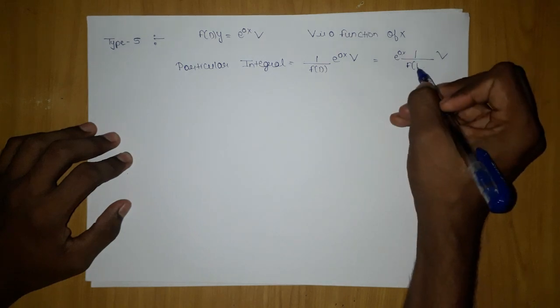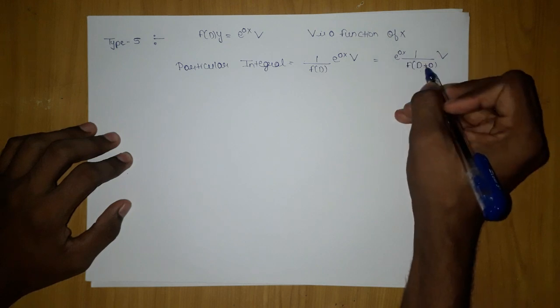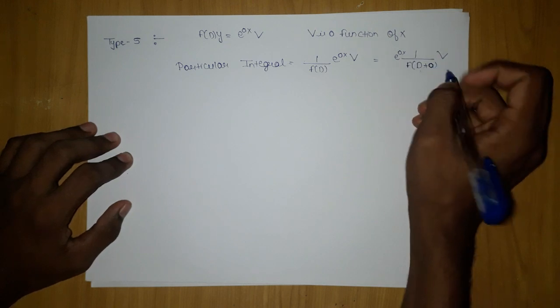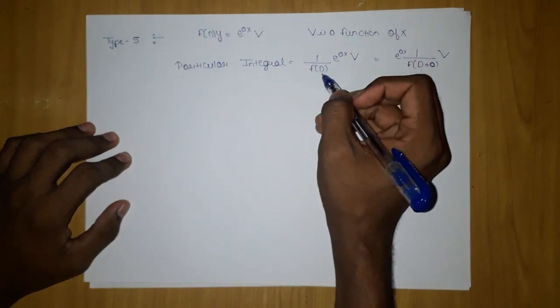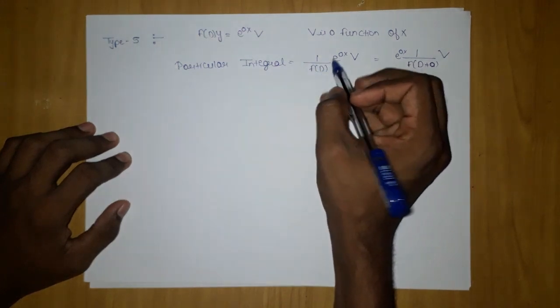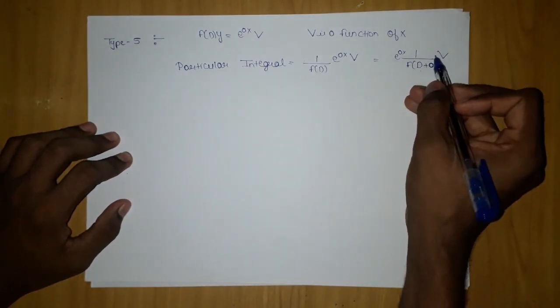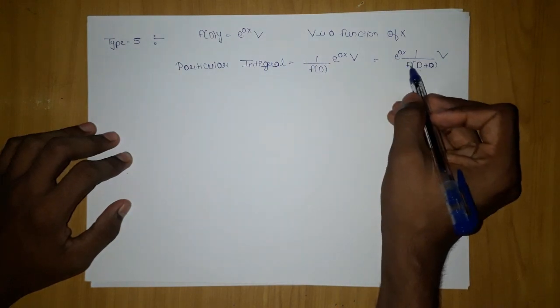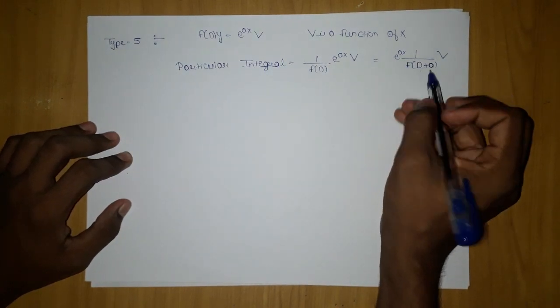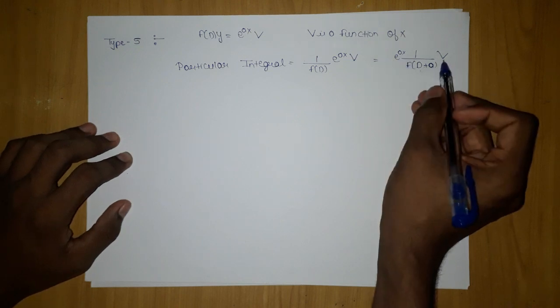Then what happens, this D becomes D plus a. Whatever is there in the e power, it adds on here. So what you understand, whenever you write particular integral, you write it 1 by f(D) into Q(x), where Q(x) is e^(ax) into V, right? Now what will happen when you shift this e^(ax) from here to this side? You will replace D by D plus a, where a is what is with the e power ax into V.